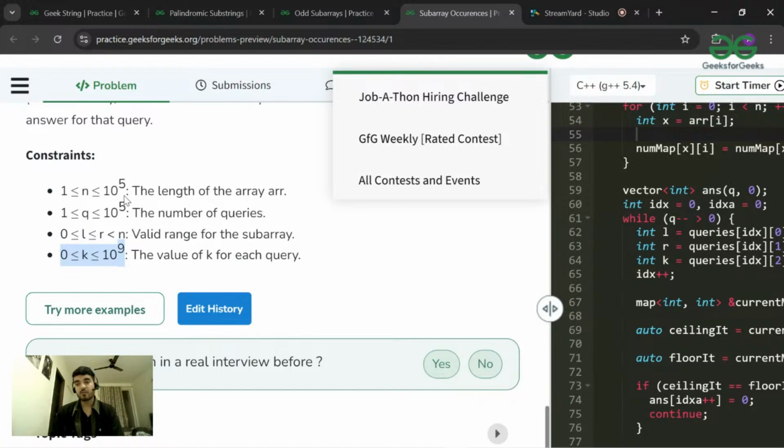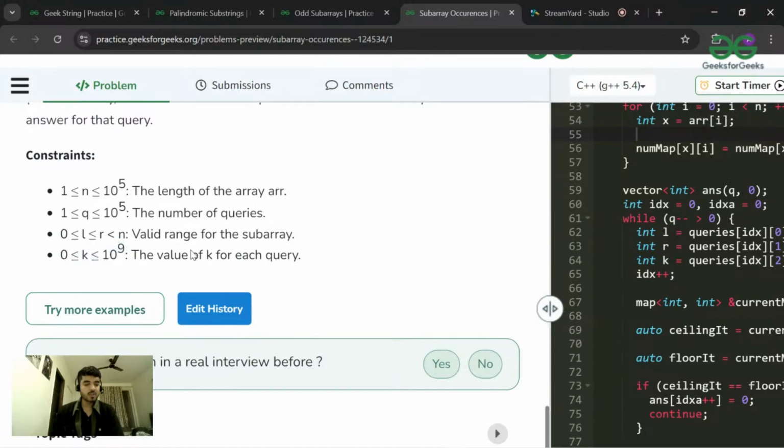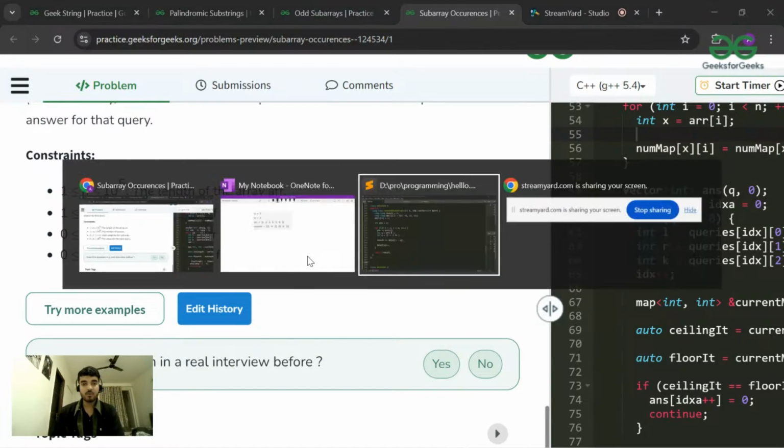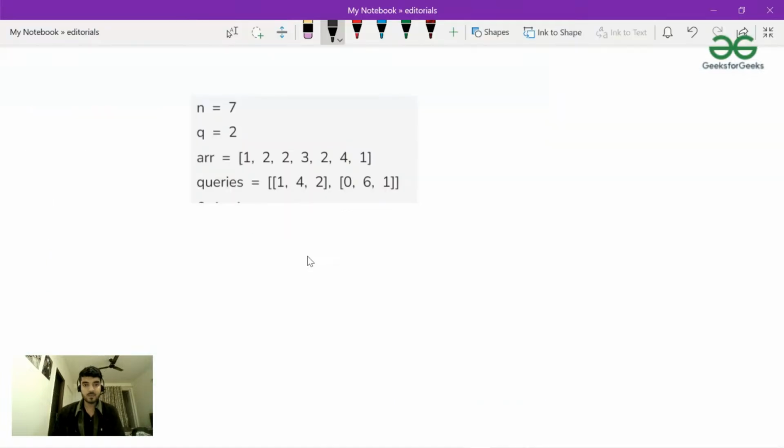I admit that the queries are offline, but this problem can be easily solved with the help of binary search and some map container, and in Java it is a TreeMap. But since the queries are offline, you can also solve it using square root decomposition. Cool. Anyway,